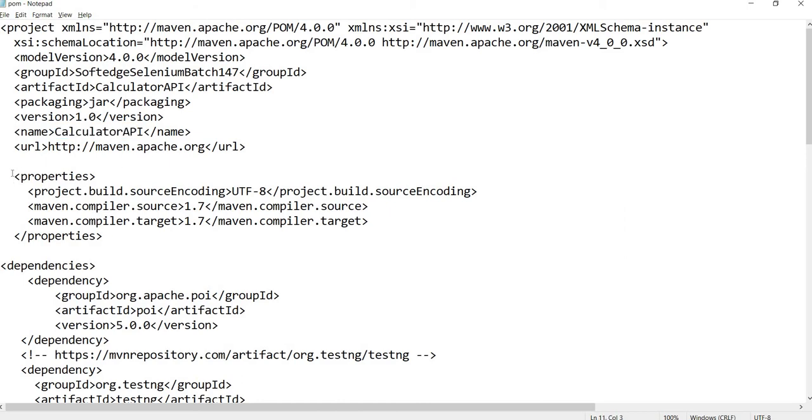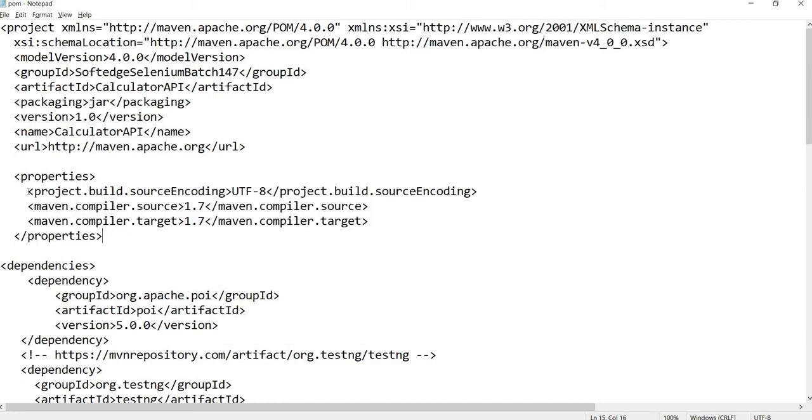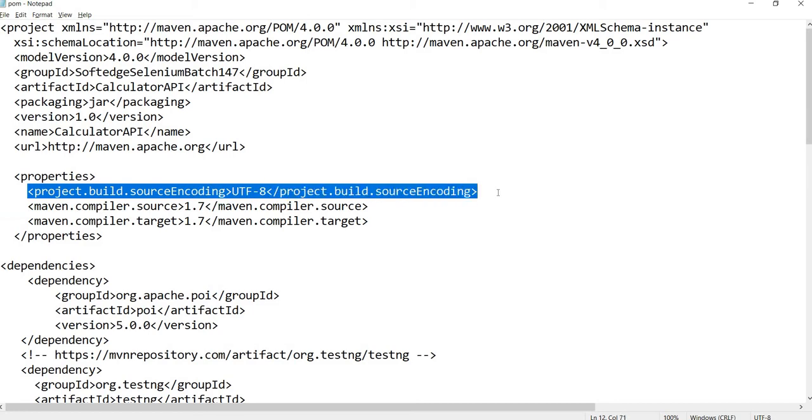Now let's understand this. This defines what the encoding of your compilation should be. If you have any non-English characters, like Japanese or Chinese characters, as part of your Java source code file, these strings are mentioned, then the encoding of that file gets set to UTF-8 or Unicode encoding. These are the encodings for the non-English characters.